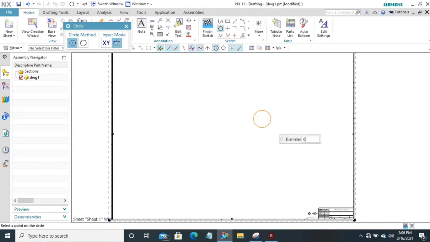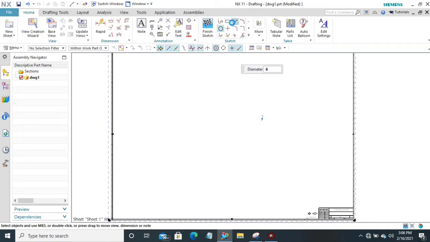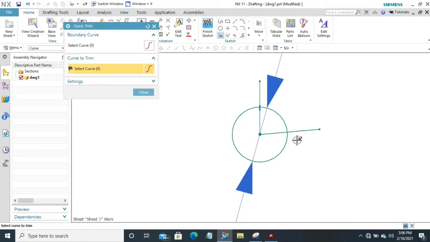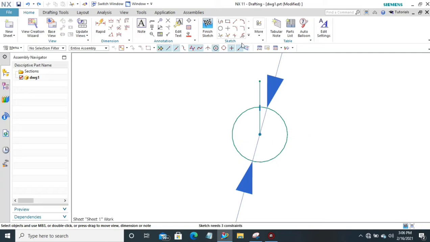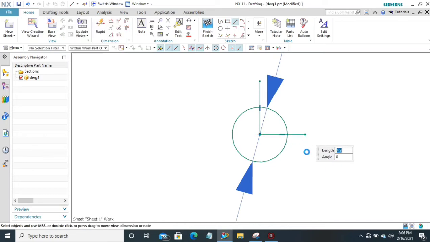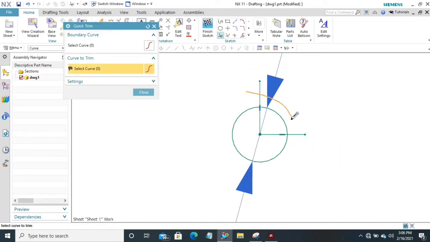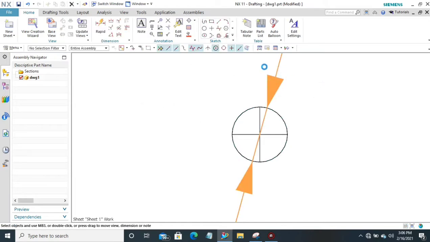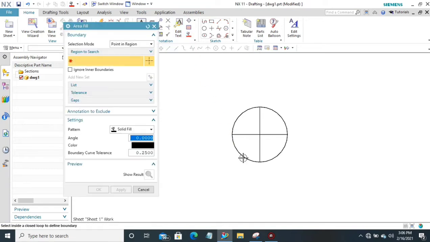Take the dimension which you want and divide this circle in 4. Sketch, remove this dimension, fill the area by using area fill.